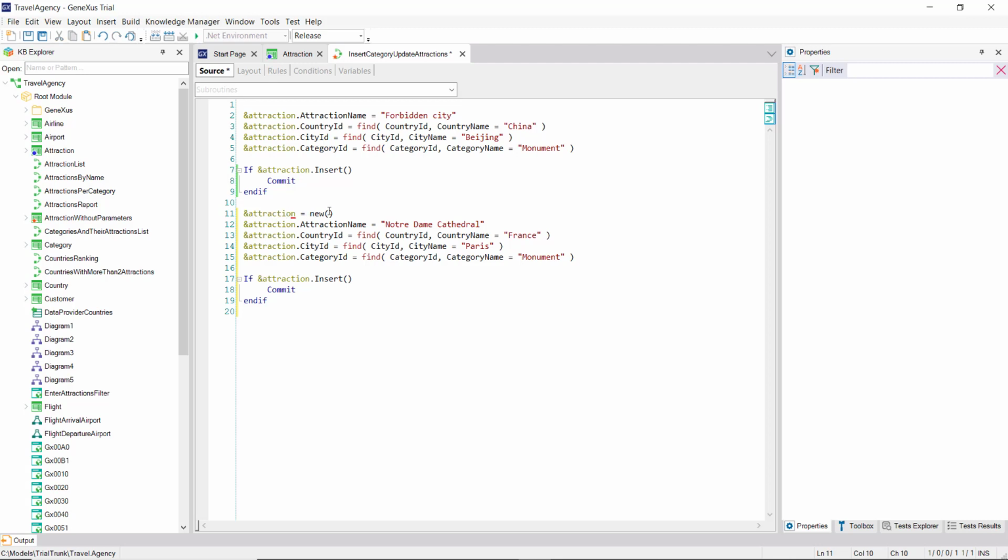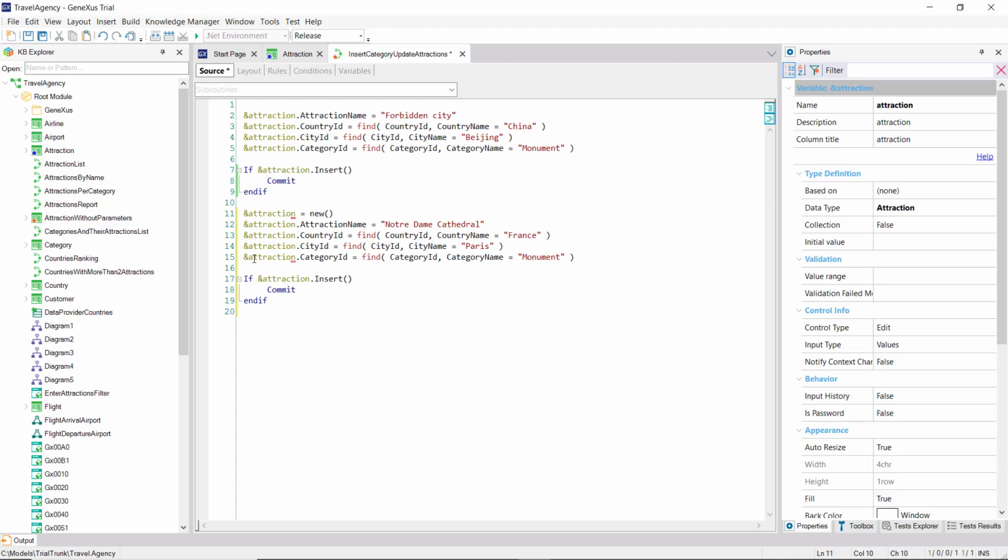Asking for new memory is important. If, for example, we had not assigned a value to the category identifier, in order to leave it empty for the Notre Dame Cathedral, it would have been loaded with the value that we assigned before. Therefore, it's always good practice to ask for memory before completing the data of a business component that we're going to insert, even up here.